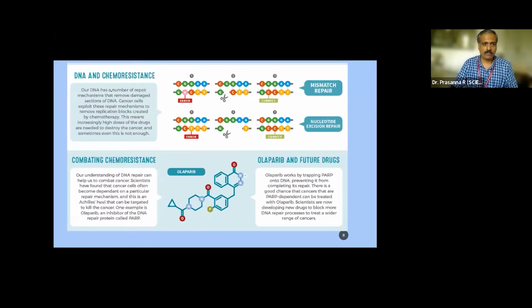Okay, so it's something like DNA and chemo resistance. Let's say this is your DNA. The C, G, A are the nucleobases that you see, and this is the error part, right? This error part means this is where the mutation has happened. There are DNA cutting agents available, where you can go and cut that particular mutated part, and then you can patch up the DNA. It becomes something like, you ride a bicycle and the bicycle gets punctured, or maybe you ride a two-wheeler and the two-wheeler gets punctured.